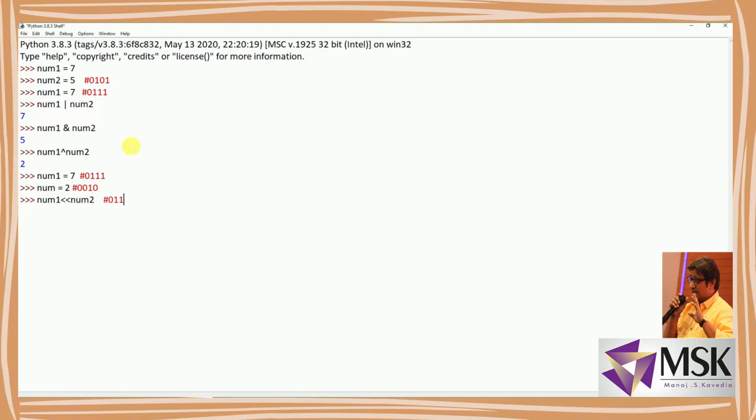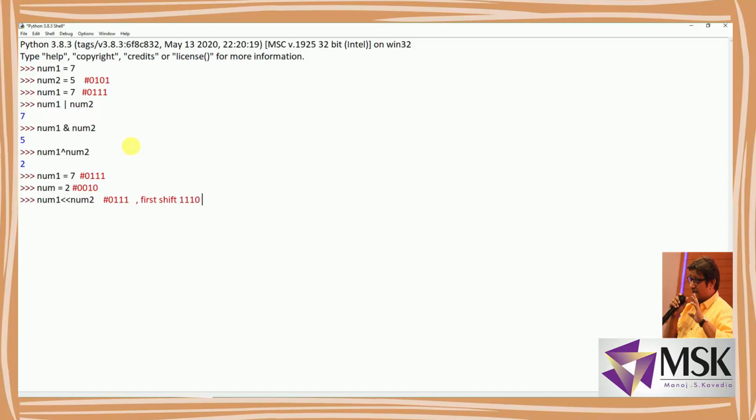When it is shifted the first time, the answer will be 1110.